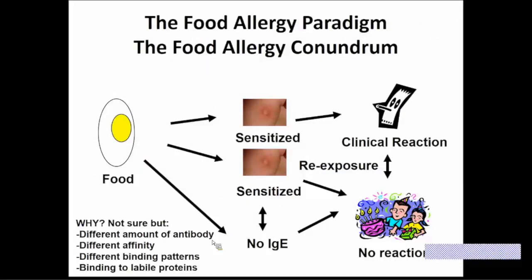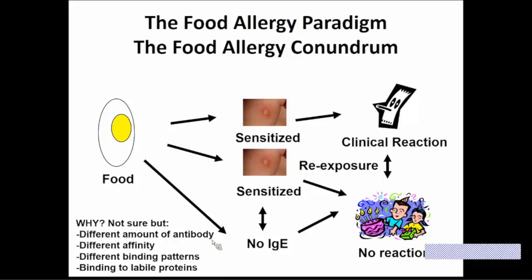So just to summarize, you have a food, let's say it's egg. You have the positive skin test, and you might expect a clinical reaction. But there's more to the story. You could have people who are sensitized, and they can have their cake and eat it too. They're okay, and you have to think why. And some of the reasons are that I have on the left lower,